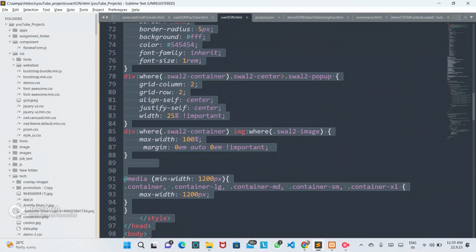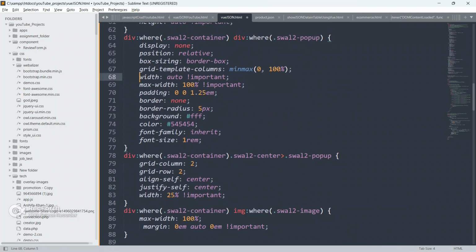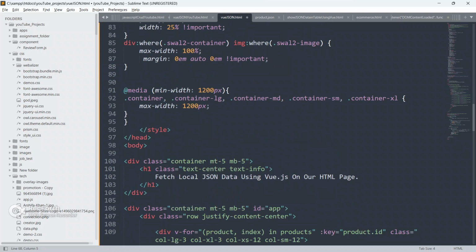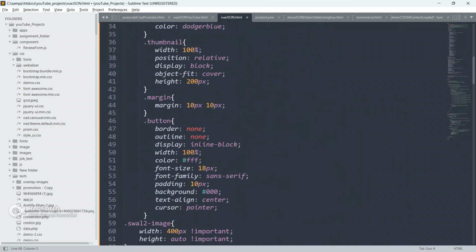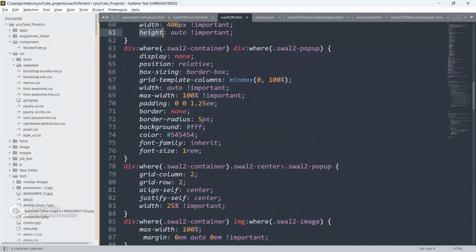Okay, so guys, this is the sweet alert. You can go there and you can copy this class from the sweet alert too. It is nothing, just some kind of border radius, background color, font family, font size. Okay, and nothing else. See, this is the image of the sweet alert. So I have given width 400 px and I have given height auto. And this is display none, position relative, box sizing border box, nothing, guys.